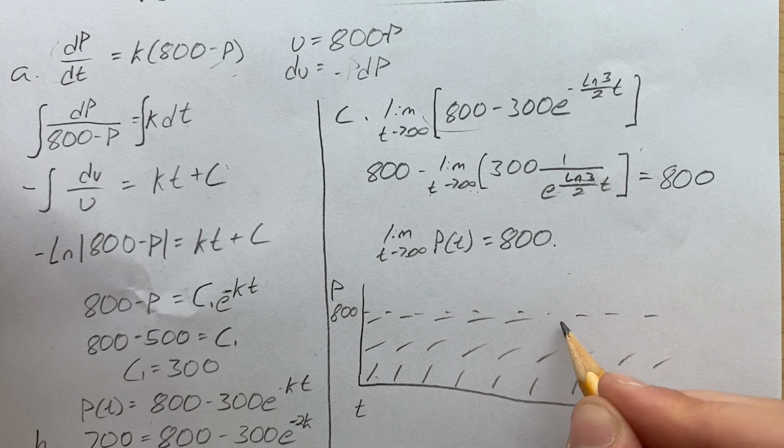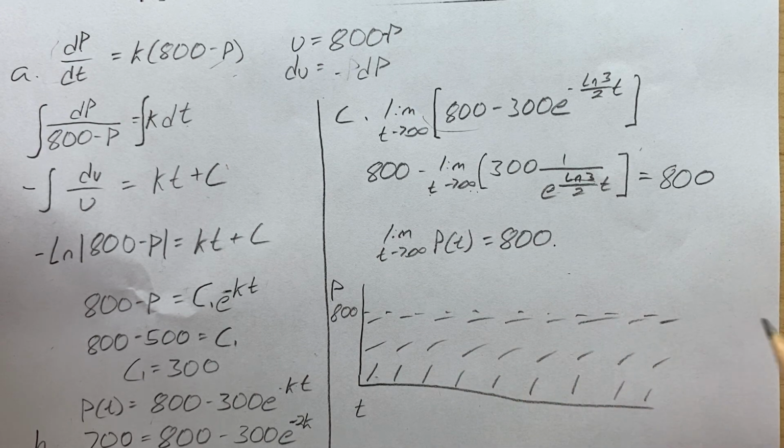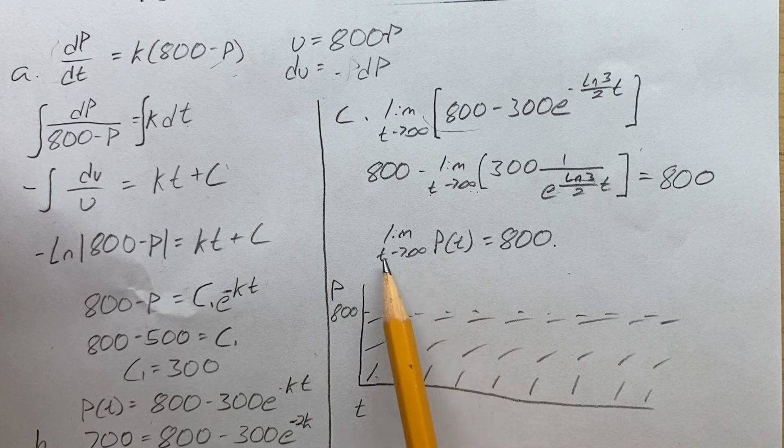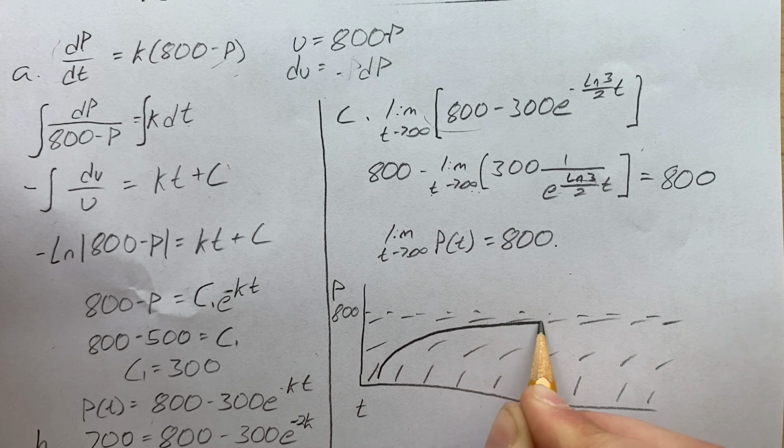So I'll try and make that clear. So as you look at this slope field, it should become really, really obvious why the limit as t approaches infinity of P of t equals 800. Because if I start anywhere on here and I follow these slope lines,